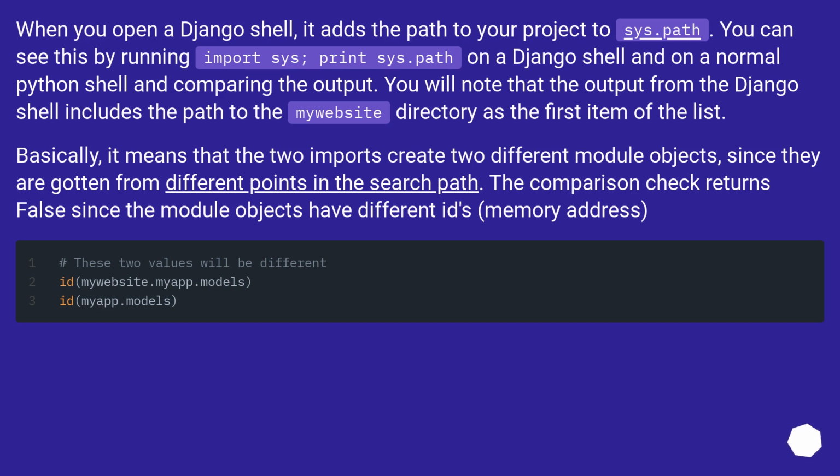Basically, it means that the two imports create two different module objects, since they are gotten from different points in the search path. The comparison check returns false since the module objects have different IDs, memory addresses,